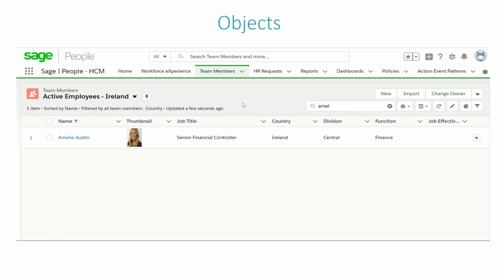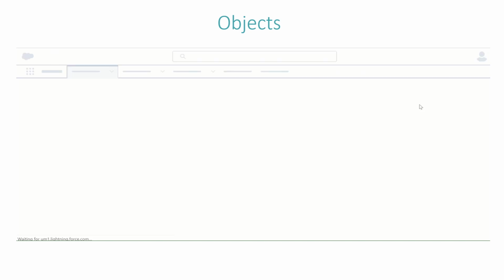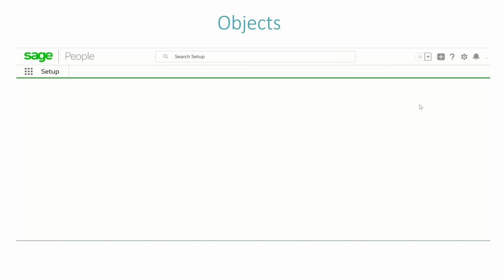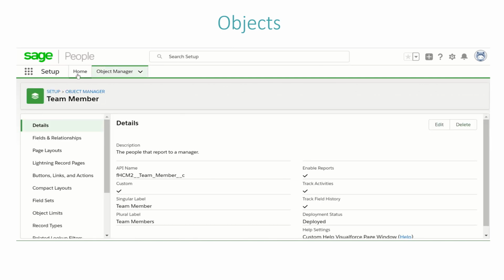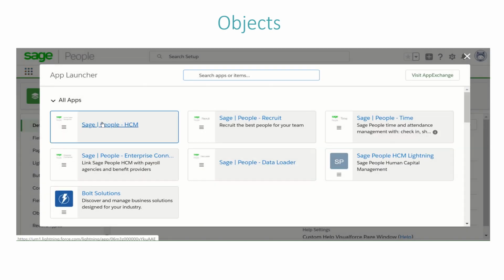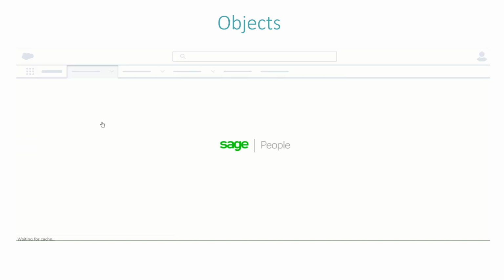Okay, so one of the best little shortcuts to get to setup, from here, if we click on the cog, we can click Edit Object, and this will take us directly into the team member object that we were previously in. So much quicker to get around. Again, to get back, I'd click on my app menu, click on Sage People HCM,